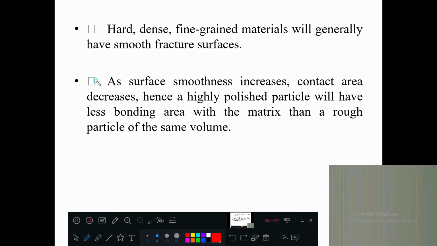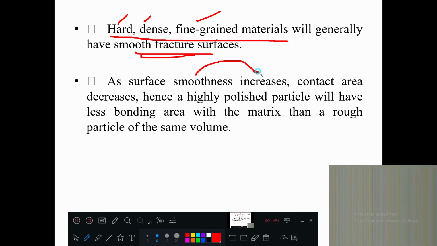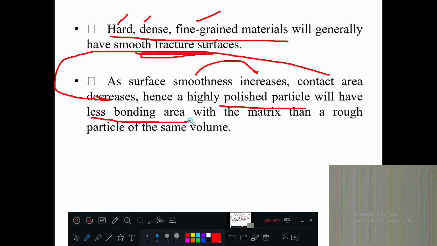Here you can see hard, dense, fine grained material will generally have smooth texture. They give a smooth surface, but as smoothness increases, contact area decreases. Highly polished particles will have less bonding. This point is very important.